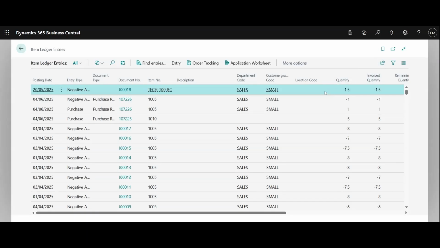Now, here's the exciting part of it, and it's all about AI and Copilot. As you know, Microsoft has been integrating Copilot in all of the Microsoft Dynamics 365 applications, and this definitely applies to Business Central. So right here is a Copilot icon, so you can click on it, click on Analyze List,